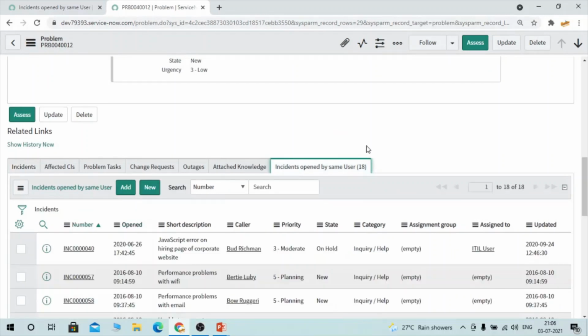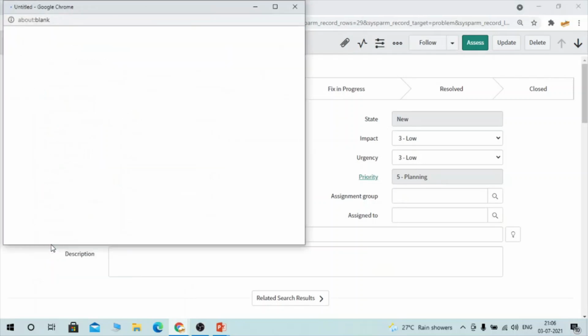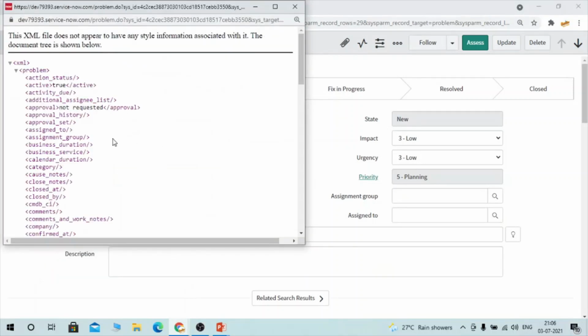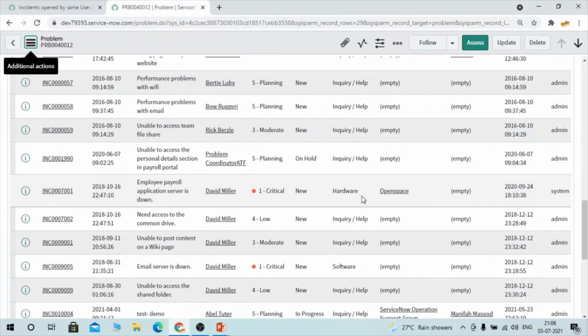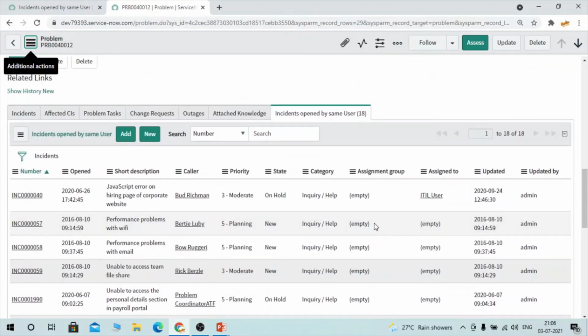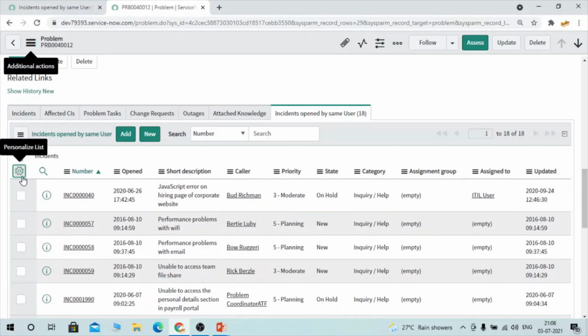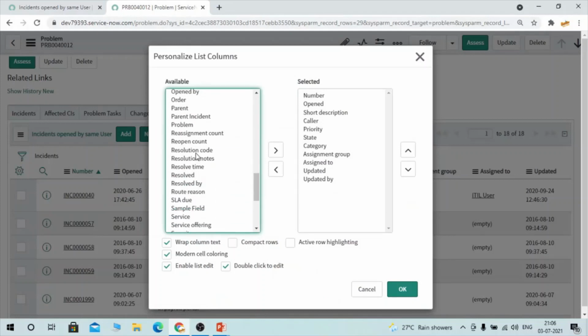So see here, this problem ticket. You could see who this has been opened by. Let's find it out. Opened by system admin, right? So let's check in incident. Let's add opened by here, and we'll see all these incidents opened by system admin should be showing up here.